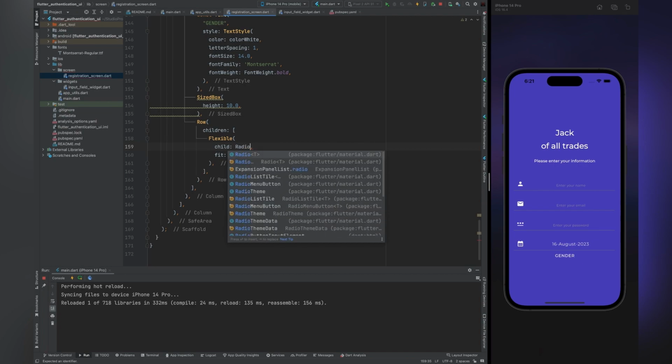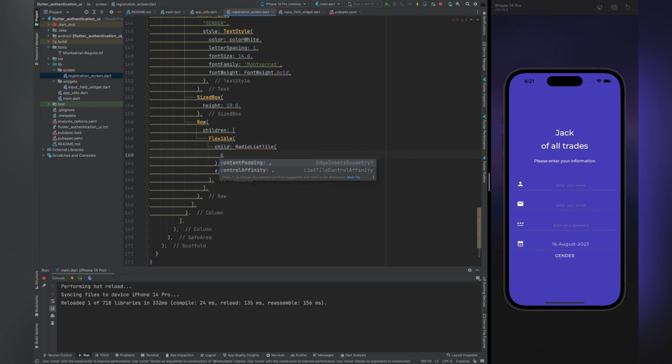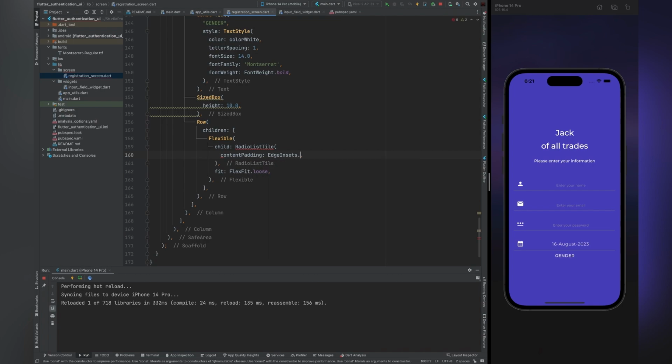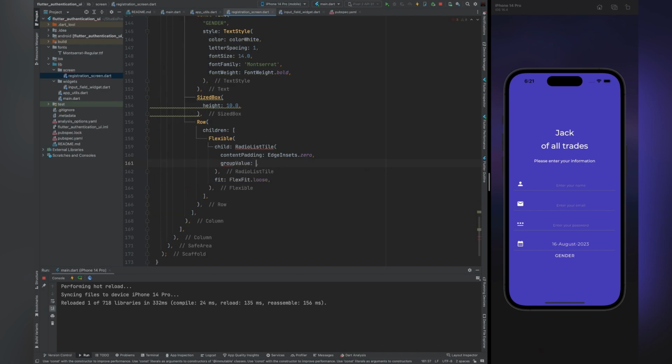And for the child property we can use a RadioListTile, and inside this RadioListTile we can do the styling, how the RadioListTile is shown. For the content padding we will add EdgeInsets.zero. And after that, the group value is the value that will be assigned to the list tile whenever we click